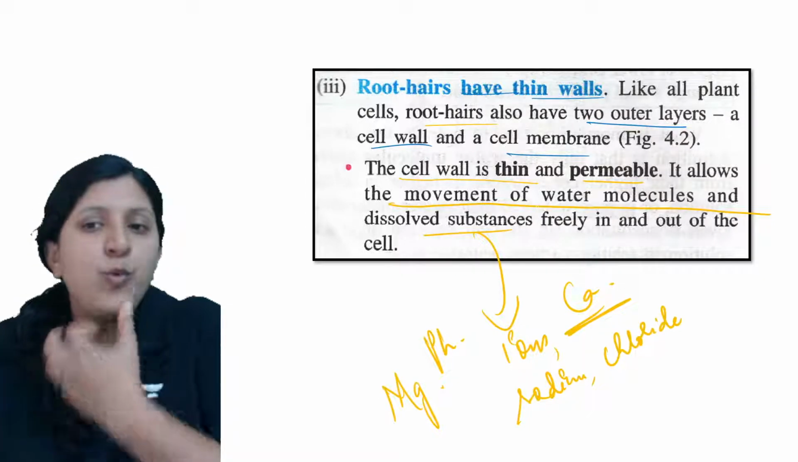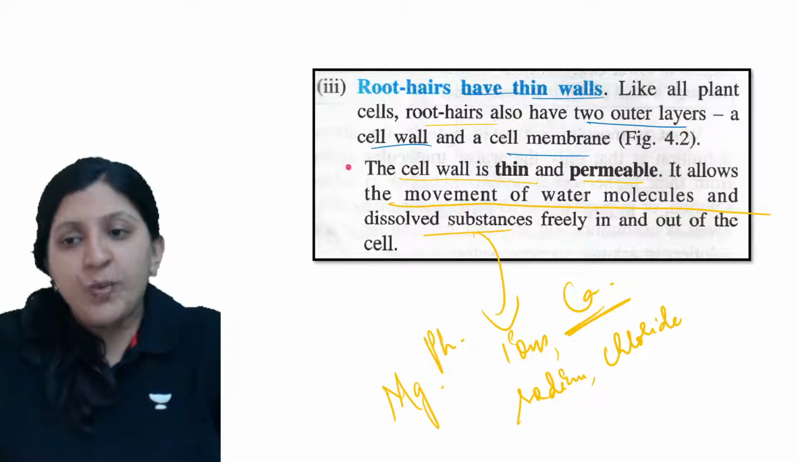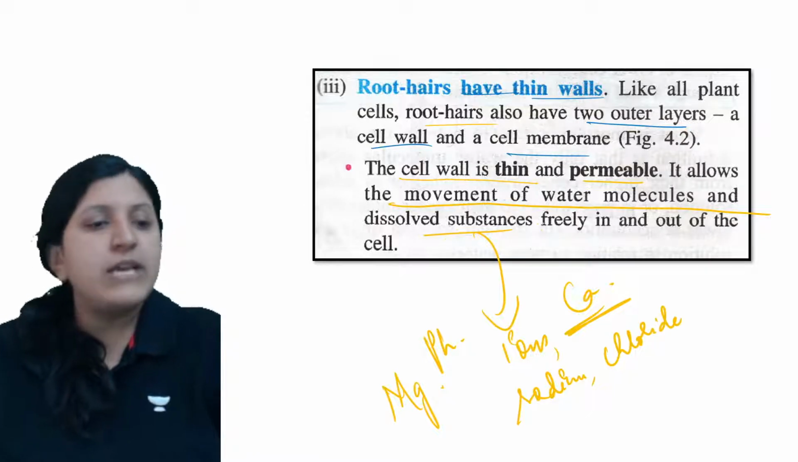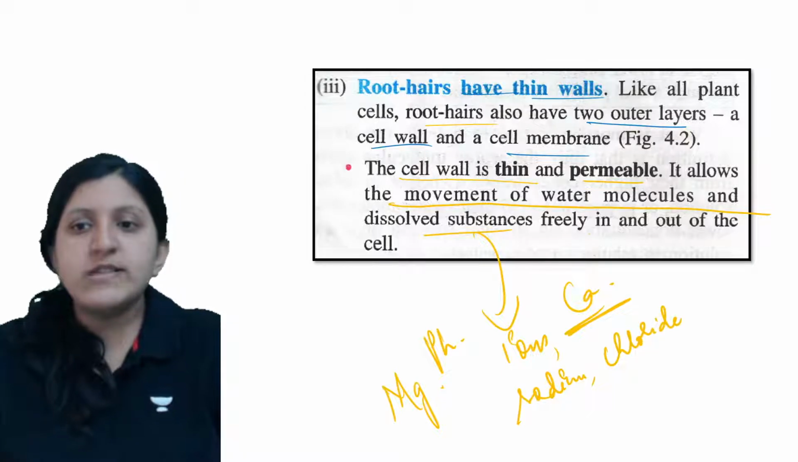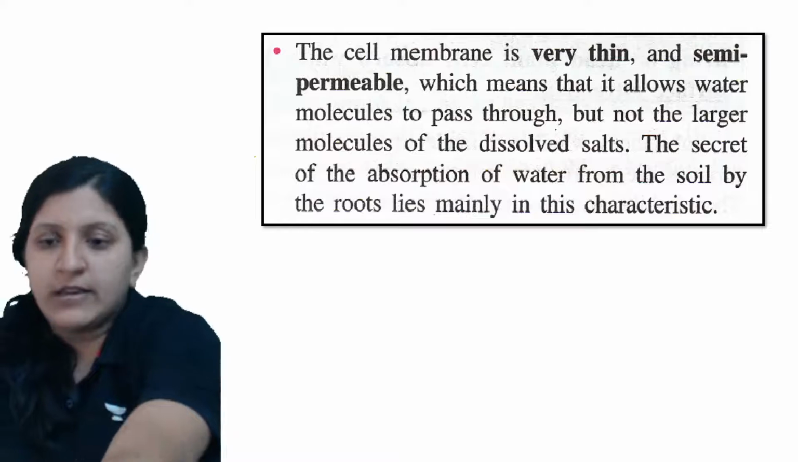So basically the movement of minerals or the ions, potassium as well, can be taken through the water. So dissolved substances move freely in and out of the cell. So if the cell wall is thinner, then